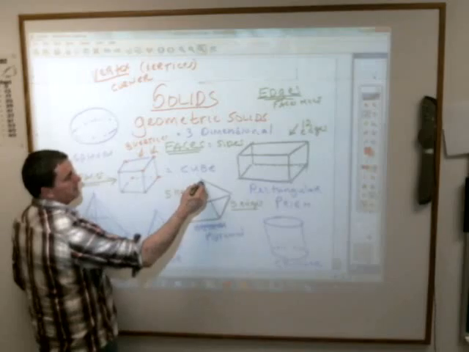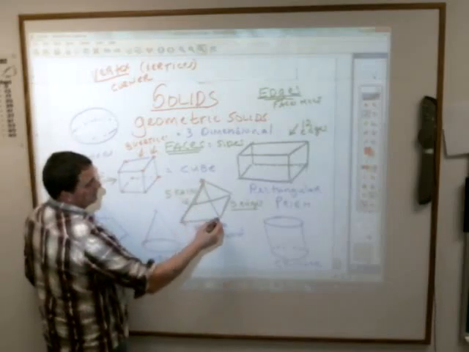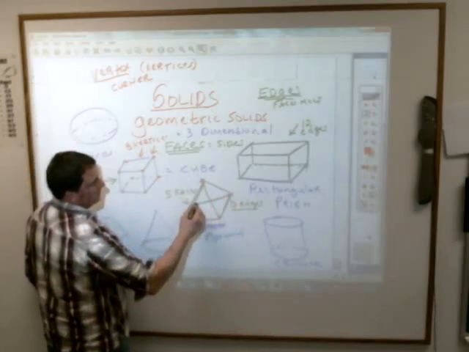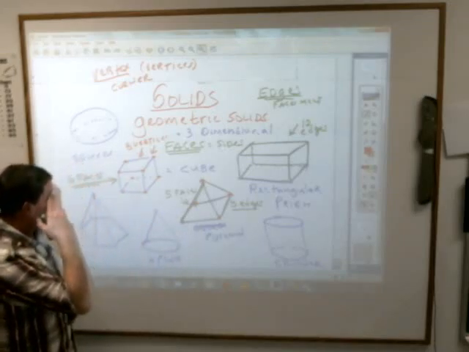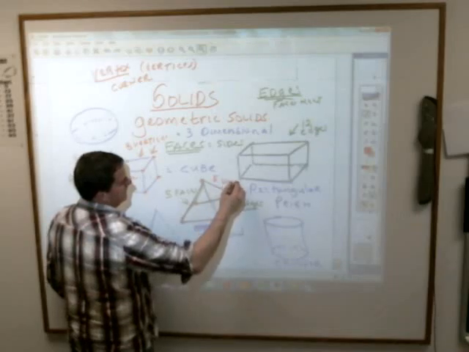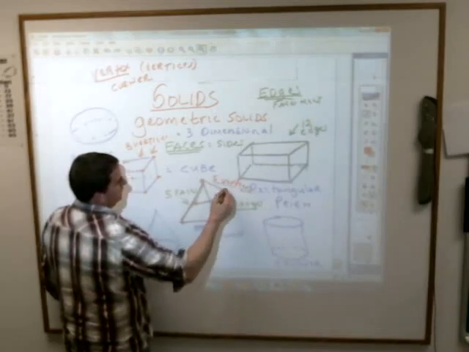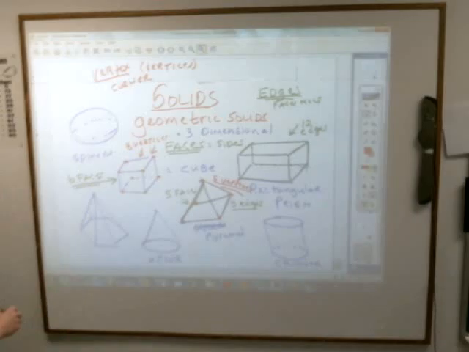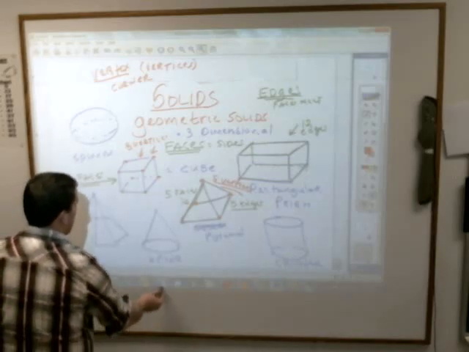This one here has how many vertices? 1, 2, 3, 4, 5. So this has 5 faces, 8 edges, and 5 vertices. And that's pretty much everything you need to know about things there. They will ask you questions like, what shape is a